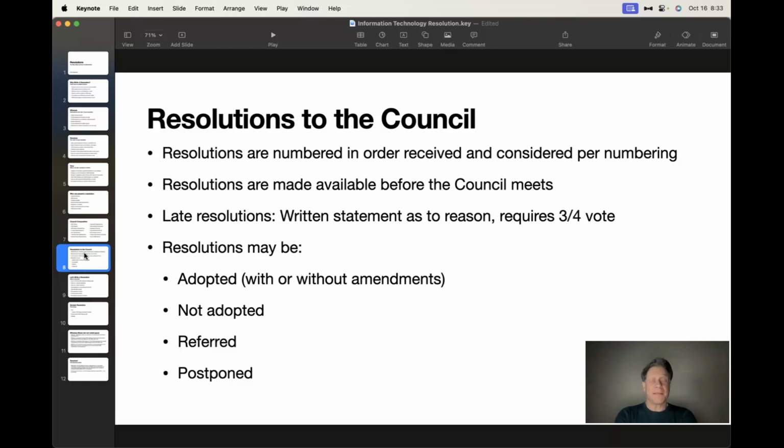Resolutions may be adopted, meaning your resolution is passed with or without amendments, or not adopted, meaning your resolution was not accepted. The resolution can also be referred maybe to a committee for further work or clarification, or it could be postponed for the next meeting. Resolutions are typically brought before the council at the annual and interim meeting, so every 6 months or so.